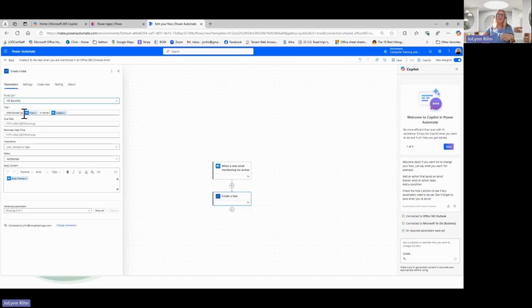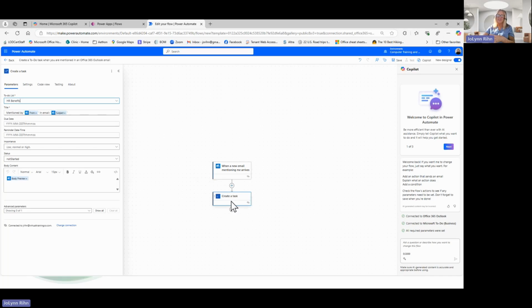Then the title, mentioned by, I have to choose who the email is going to be from and what is going to be the subject. Then I can put in due dates, due date reminders. I can put in importance levels. I can fill out any of this other detail. But back on the grid in the middle of the window, just so you're noticing, there are additional circles with plus signs which allow you to add in different steps. So when an email comes in that is mentioning me in an at mention, if I wanted to add another step to that, I could click that circle with a plus sign.